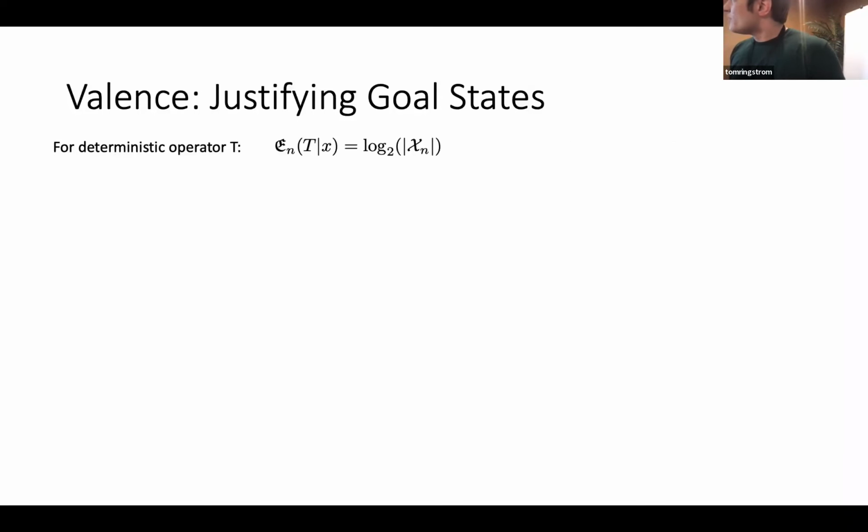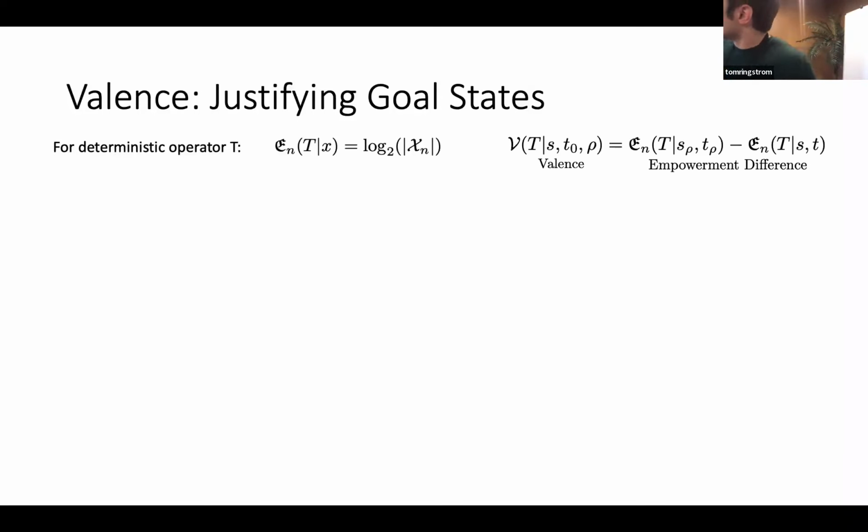And so you can create what I call a valence function, which is just the difference between the empowerment from where you start now and the empowerment from where you end up. You have an n-step empowerment right where you are now, and then you can plan into the future, like we've been selecting these policies: I'm going to follow this policy, go there, and end up at this state and time. What's my n-step empowerment there?